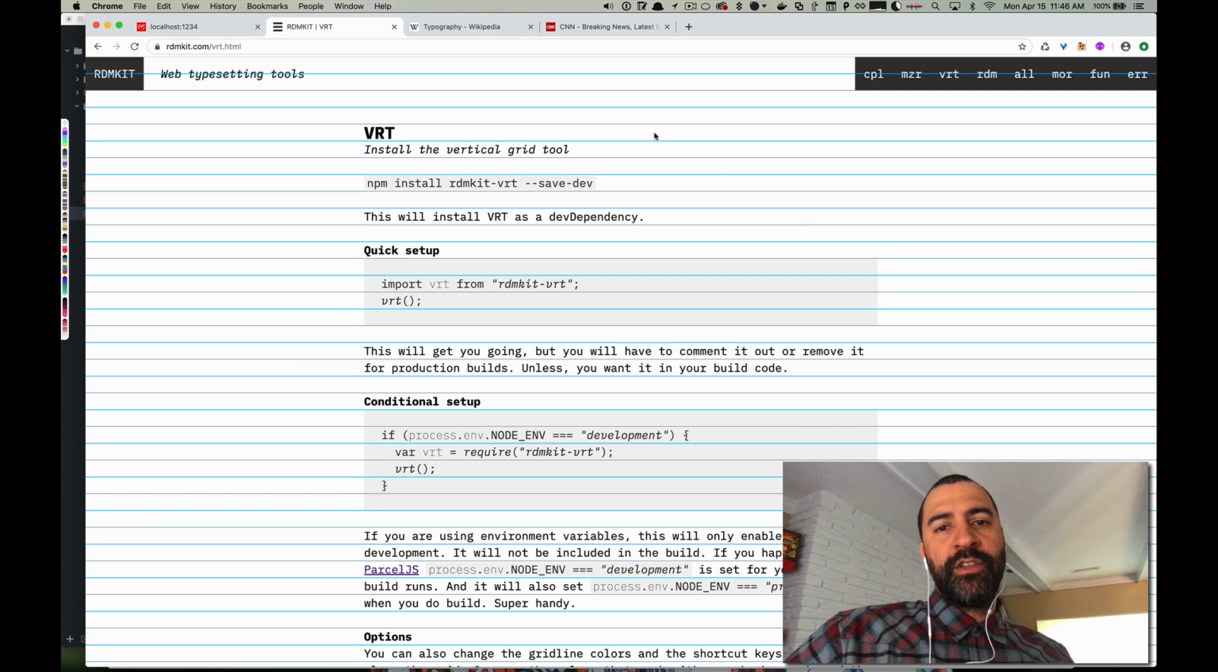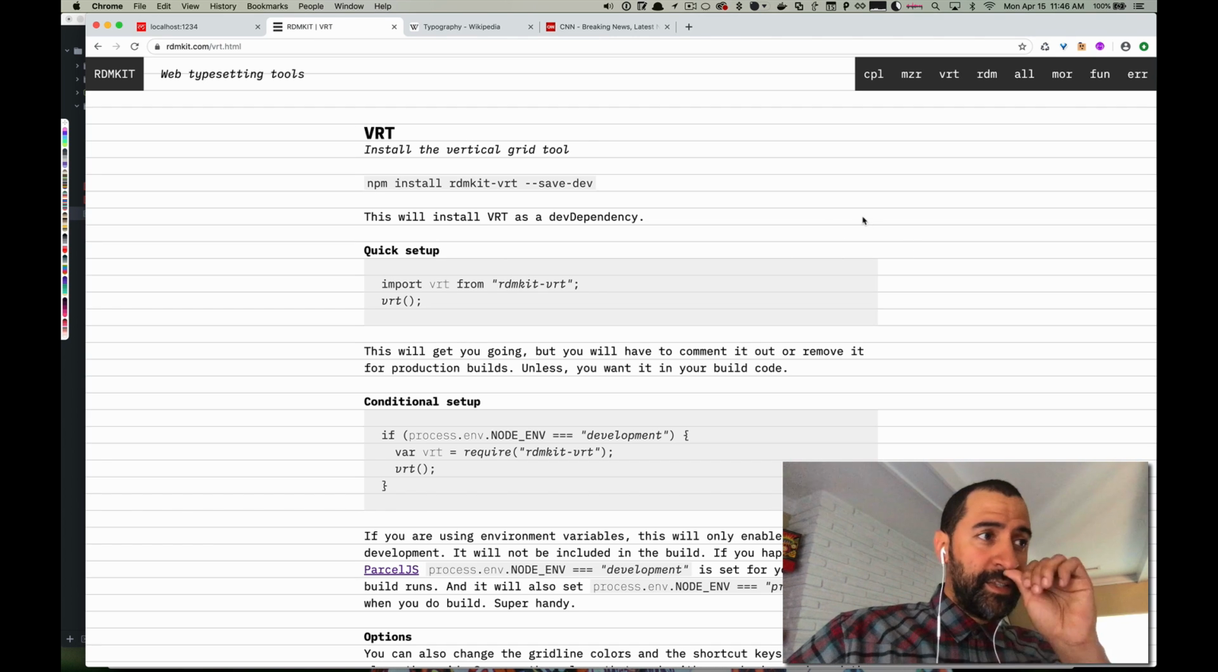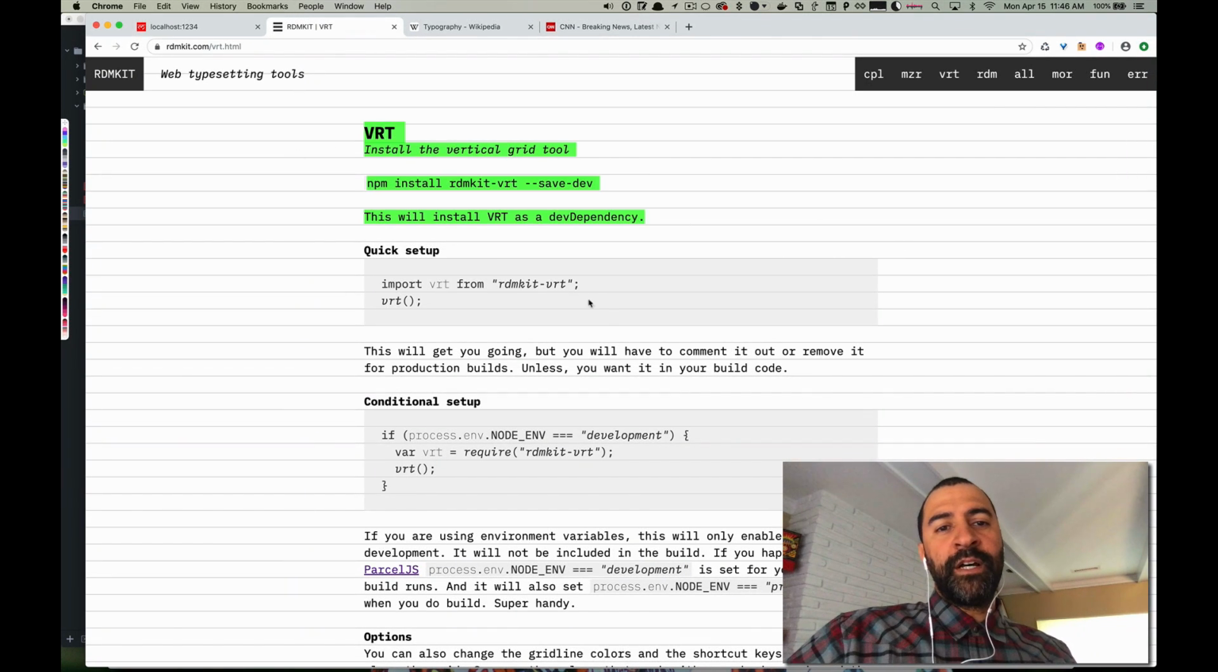What's going on here is I've created it so you can either put the vertical grid on a layer above the content in your site, or put it on the layer below the content in your site. And this is the reason why I did that. When it's below,